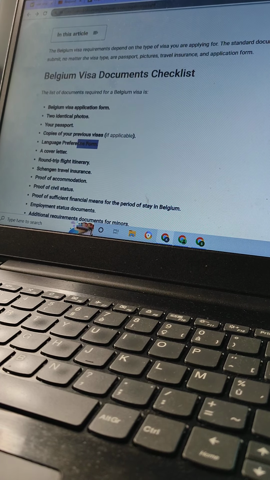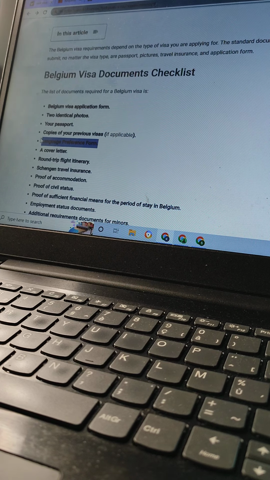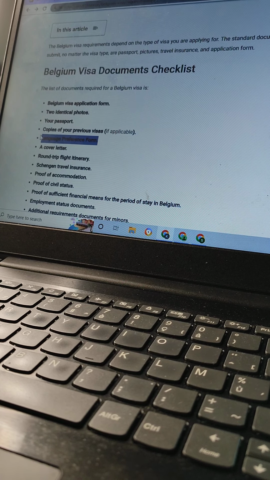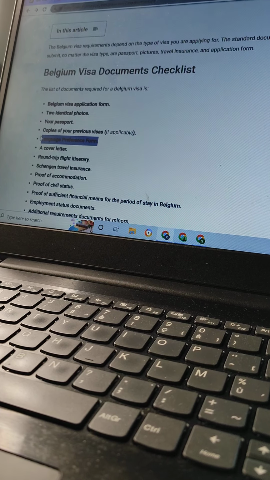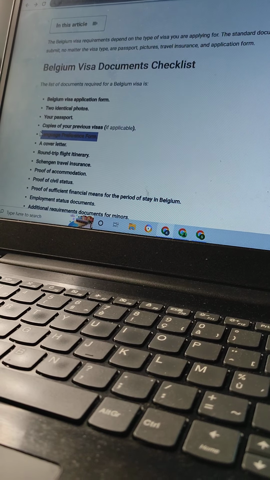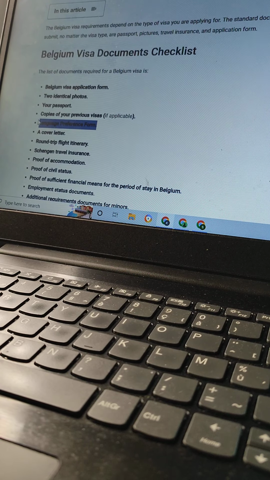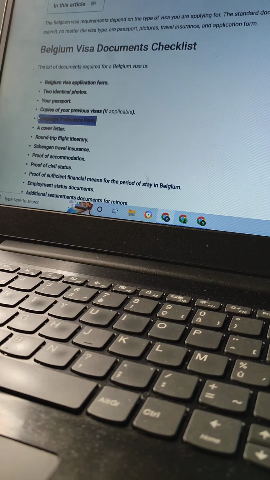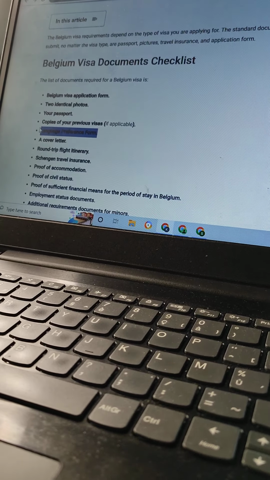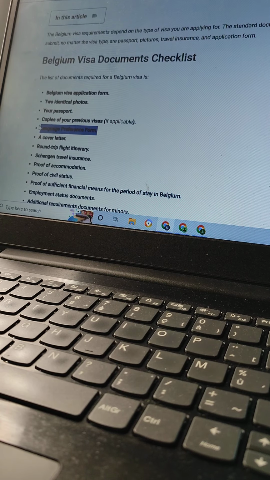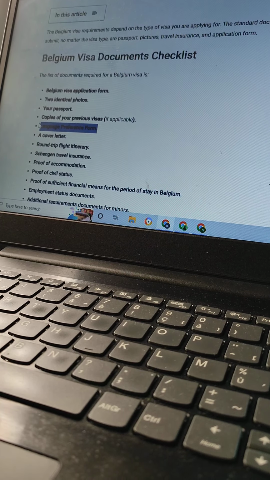Language preference form. You may have it, you may not have it, because it is not a must. But for example, like in Belgium, I want to talk more about this. In Belgium, we speak different languages. If you want to go to live in the other side of Flanders, then probably you need to download the one for Netherlands. If you want French, it is French. If you want German, we speak 3 languages in Belgium. So you need also to know about that.